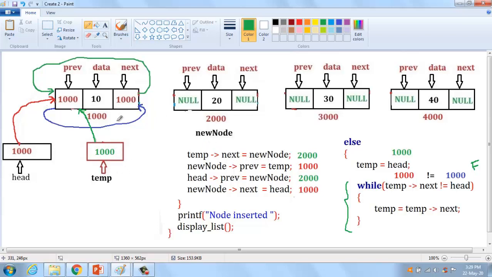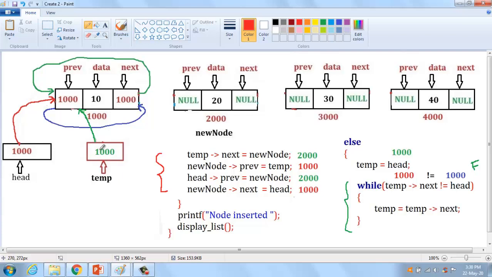What is temp of next? Temp of next is this. We are going to insert a new node into the list. This we call as a new node. So new node address is 2000. Okay, the first node address is 1000. In that case, we are going to make a link from the next field of the first node to the new node, and then the previous field of the new node to the first node address. Like this we have to change, and the last node points to the first node address, the first node points to the last node address. Like this we have to change it. Okay, so we have to follow this scenario.